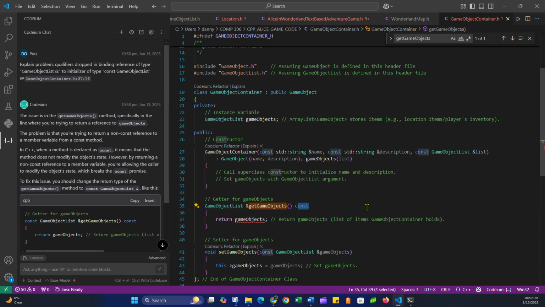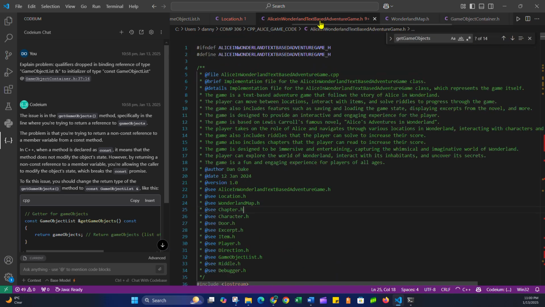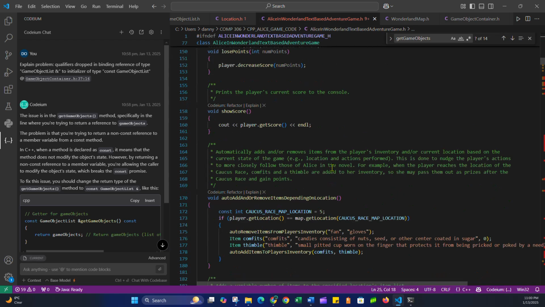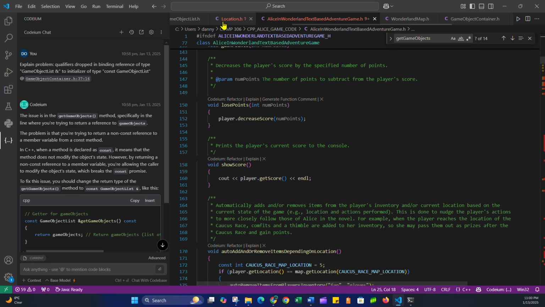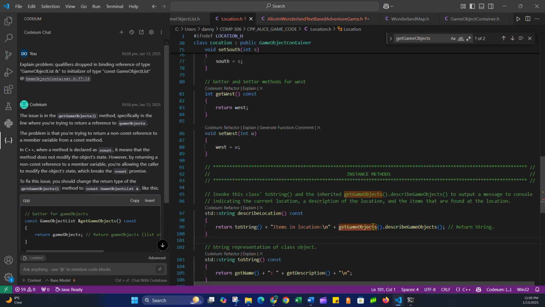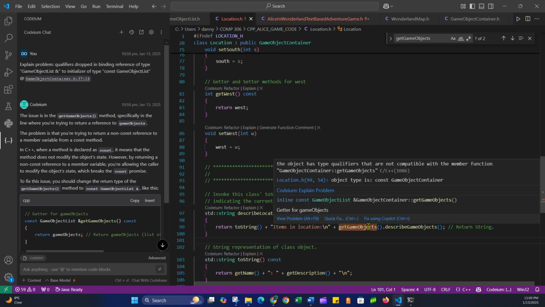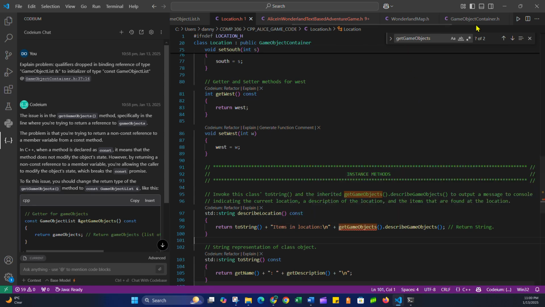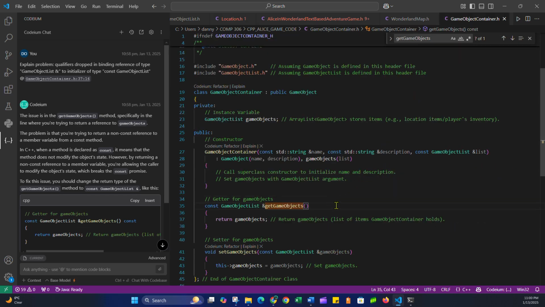So I'm not even sure if I would need this const. Let's see. Where was the error? Oh, it was in the location class, so 99. So I've still got the error here because the object has type qualifiers that are not compatible with the member function. So go back to the container class, make this const,